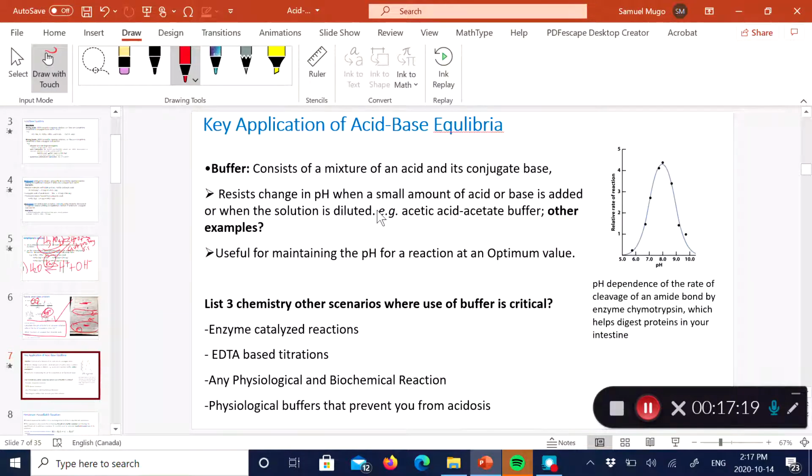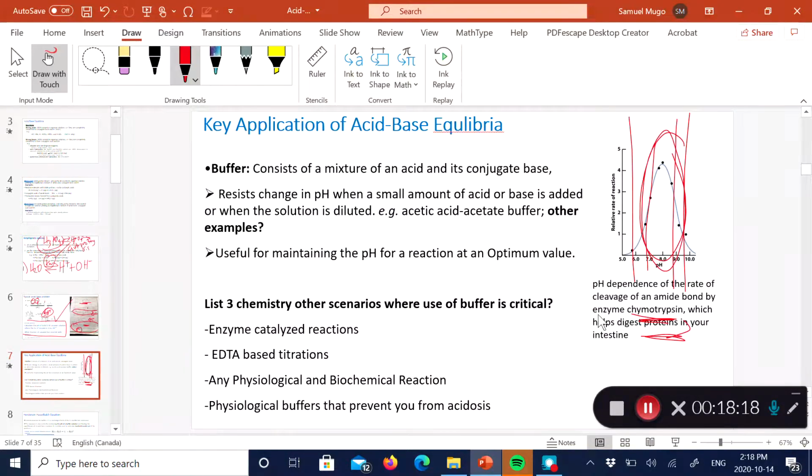If you're doing enzyme catalyzed reactions, now, enzymes are only active at very specific buffer regions. I'll give you an example. Trypsin, a very common type of enzyme, a physiological enzyme, a chymotrypsin. And it can only be used to digest proteins specifically at around pH of 8. And so for the protein to be digested properly, it needs to be in a buffered system. So you can see, very, very useful in physiological processes. When you take the proteins, they need to be digested using enzyme hydrolytic reactions. And enzyme hydrolytic reactions happen at very specific pHs, meaning you need to be buffered to be able to digest